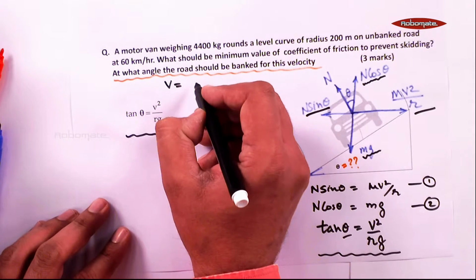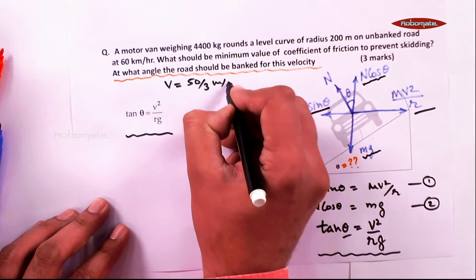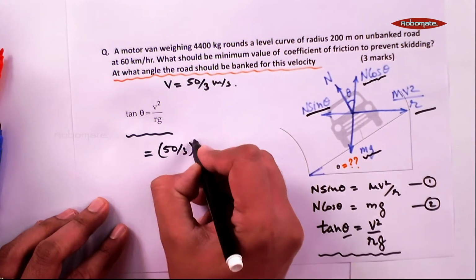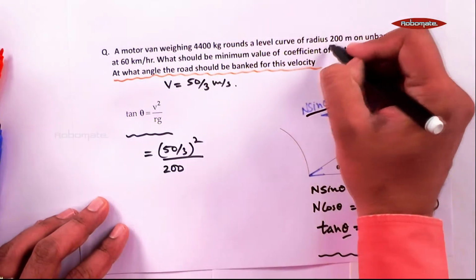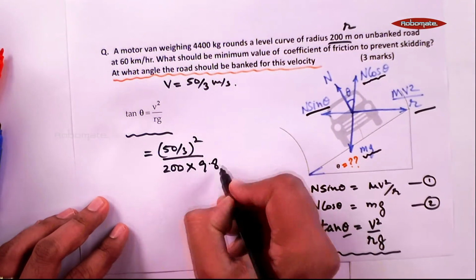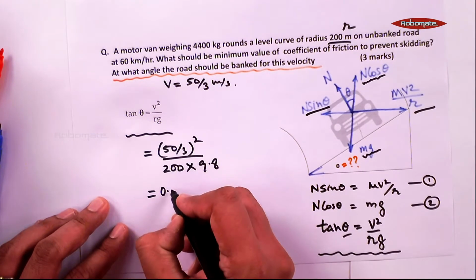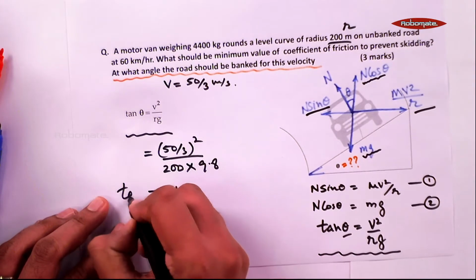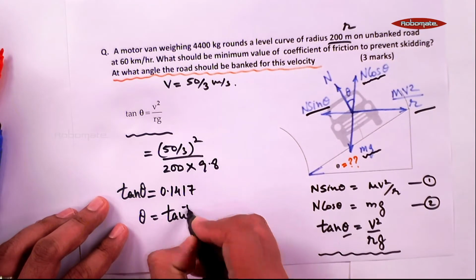It was 60 into 5 by 18, which came out to be 50 by 3 meter per second. So I substitute over here 50 by 3 meter per second square upon rg. R is how much? 200 meter. This is r, 200 meter, and g is 9.8. Finally, when you solve this, with log calculation of course, you get 0.1417, that is tan theta. So what is theta? Theta will be tan inverse of